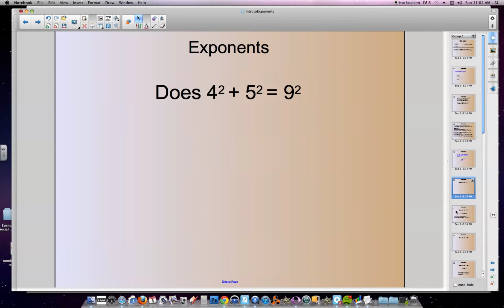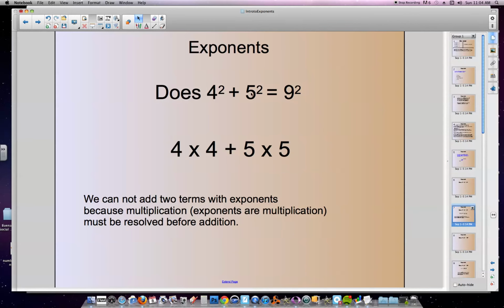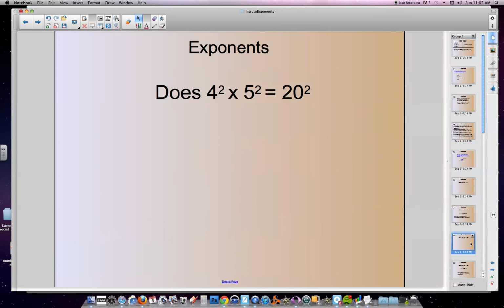And if we expand this out a little bit, 4 squared plus 5 squared really means 4 times 4 and 5 times 5. And if we remember about order of operations, we can't add these terms until we resolve the multiplication, right? We need to solve 4 times 4 and 5 times 5. So we can't just simply add these bases. So no, this does not work. We also can't just multiply the bases